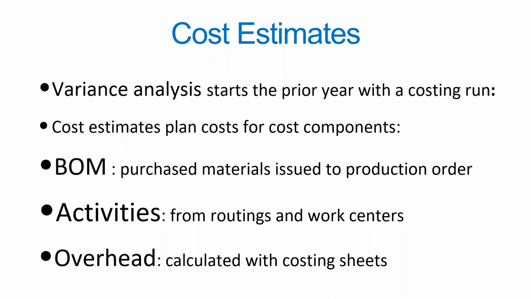We can create cost estimates today, but the standard cost estimates for that credit on the production order were created in the costing run probably on January 1st this year. So cost estimates plan for cost components. The BOM introduces purchased materials to the production order. The activities introduce confirmed activities that occur at work centers, and overhead is calculated with costing sheets. In general, you can do overhead in other ways, but costing sheets is probably the most